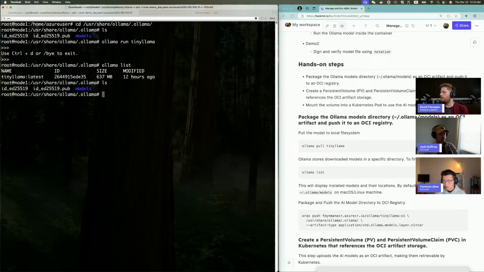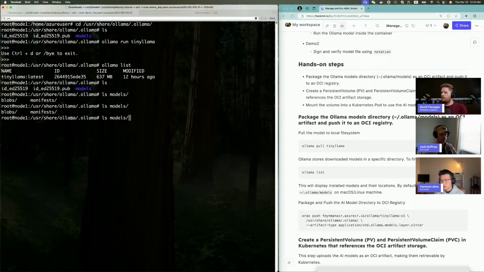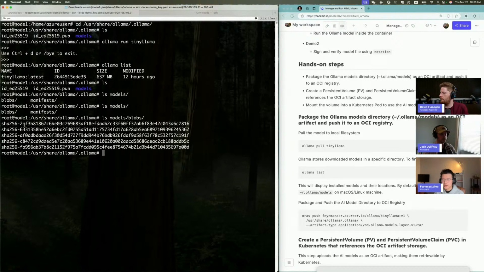So here, if you look into the models directory, you find there are two directories. One is blobs, another one is manifest. This is the structure that Josh just shared, which is quite similar to OCI images, right? If we dig into the blobs folder, you find it has a bunch of model layers, which is similar to the OCI image layers in the blobs. And if you're looking at the manifest, it has an AI model manifest inside the manifest folder. So here are the raw files that the Ollama client tool can use to run an AI model in